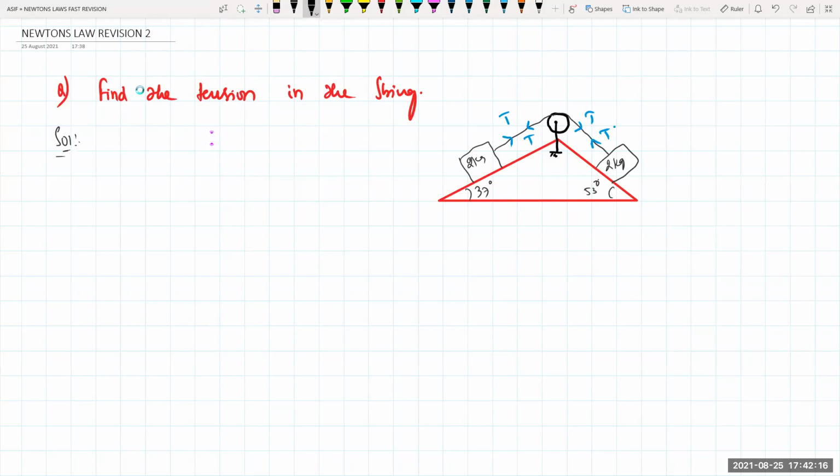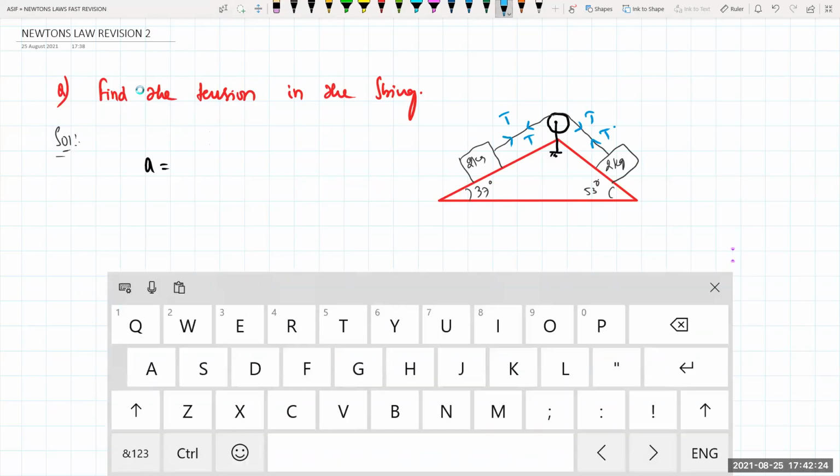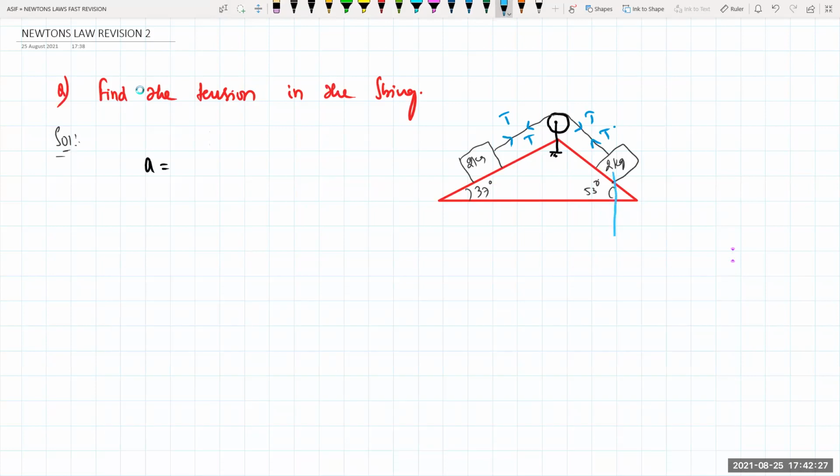First, calculate the acceleration. Acceleration will be equal to how much, beta? Net force, and the direction. So the weight and the angle is down. This one is right now 2g in the down, and this one is also 2g in the down. Okay, so if I resolve this one, there is one component here and there is one component here. If I resolve here, one component down and one component down.